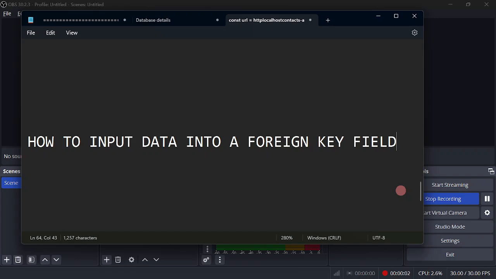Now, before I show you the code, I'm going to show you first the difference between an ordinary column and a foreign key field, so that we would understand the difference in how we input data into a foreign key field compared with the ordinary columns. Okay,